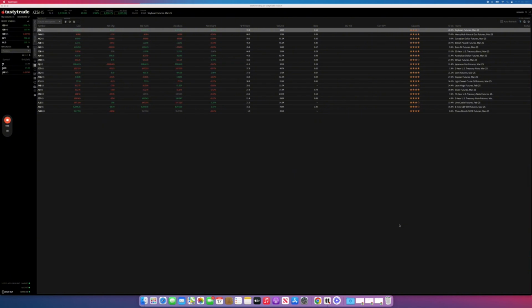The first thing is options contracts. We are going to write the options contracts, we're going to be selling the options contracts, or we're going to be short the options contracts. All of those terms are interchangeable, and specifically we are going to be writing those contracts on top of futures